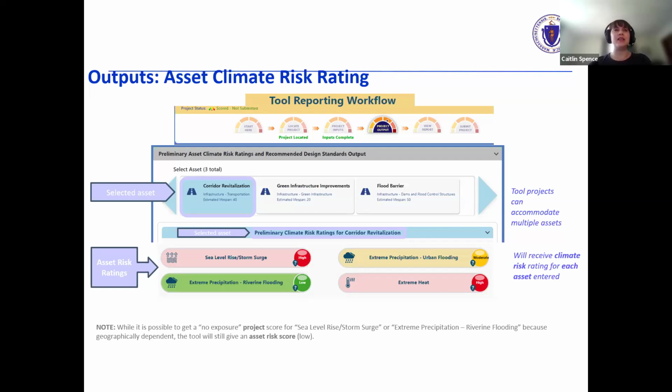And in this case, the risk rating for riverine flooding, to which the project as a whole was rated not exposed, is rated as low risk. However, this particular asset was rated as high risk for storm surge and extreme heat, and moderate risk for stormwater flooding.